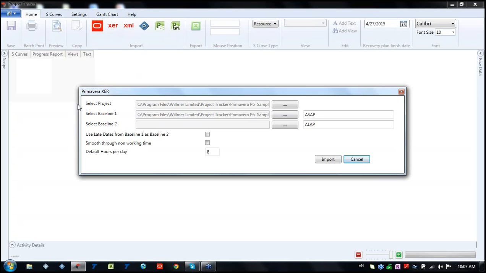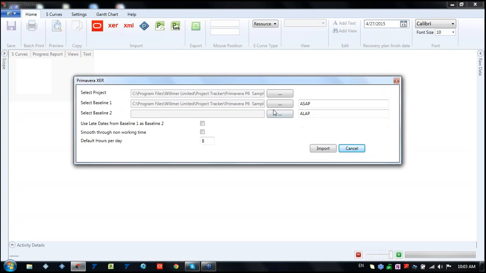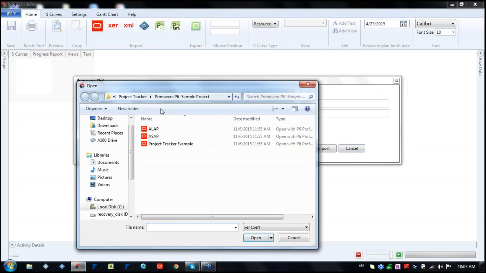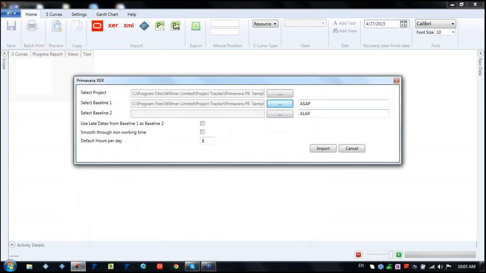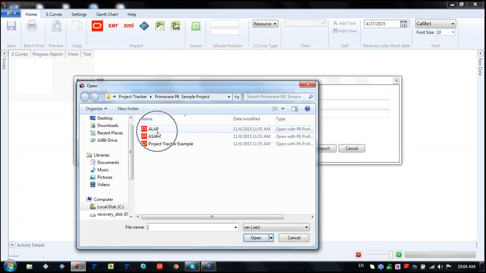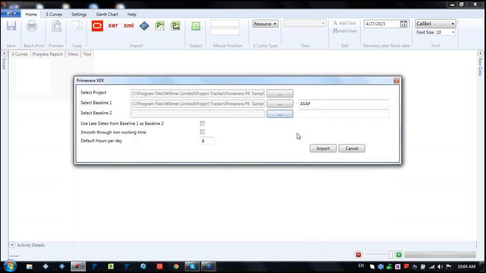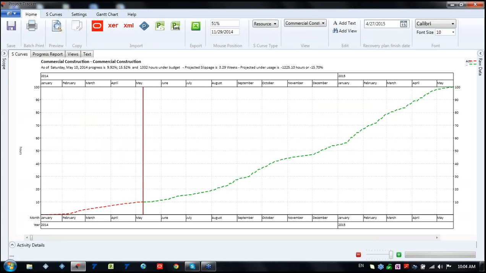So after clicking, there is a dialog window where we have to select our project. So I'm selecting one project, say. Then I'll take the baseline. We can get another baseline, which is as late as possible. However, I can use the late dates alternative, like I can use the late dates from baseline one as a baseline too. So I'll be using this. You don't need to create another baseline for that. So once I click import, you can see how easily I could get